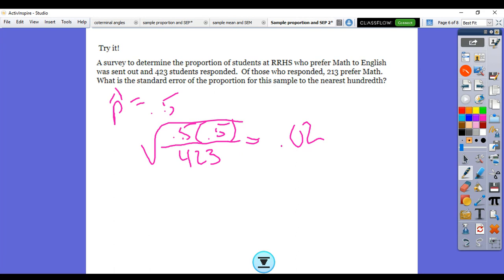So in this case, did I do that right? Yeah. So in this case, 0.5 minus 0.02 would be 0.48 and 0.52. So 48% and 52% prefer math to English. Okay, so we're going to stop there and then do the last